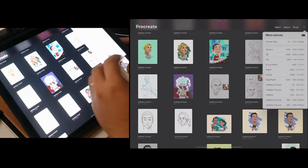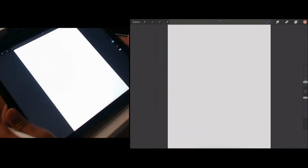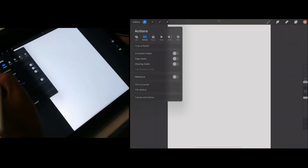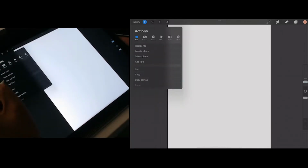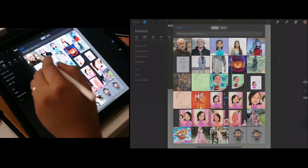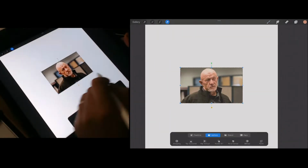I'm gonna create an A4 size canvas, and I'm gonna import my reference image here. So I'm gonna click the wrench icon, insert photo. I'm gonna click this guy. So I'm just gonna resize this image,